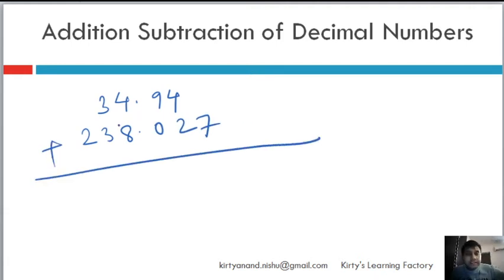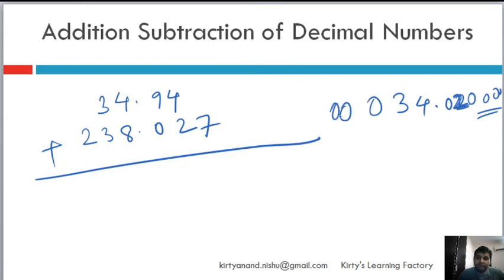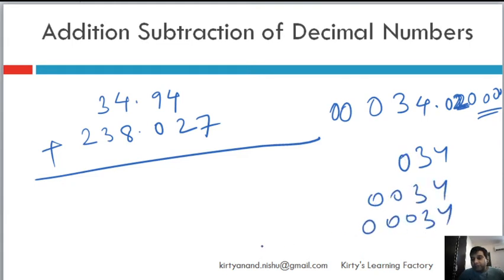Now after decimal, in any number, whatever is the last digit, you can put any number of zeros after this, it doesn't matter, it's the same. And similarly before decimal, whatever is the first digit, you put any number of 0 here, it doesn't matter, right? So you can write 34 as 034, 0034, 00034, 100 zeros 34, it still is the same.